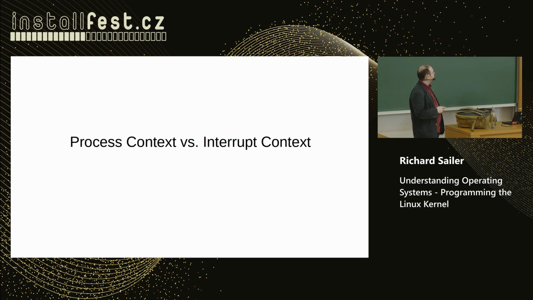And there are a lot of things you are not allowed to do in interrupt context. For example, in process context, you are allowed to sleep and put your process to sleep to do something else. In interrupt context, you cannot sleep, because if your computer slept in interrupt context, everything would just block, and you could not use your computer again. So that is the most important difference: you cannot sleep.